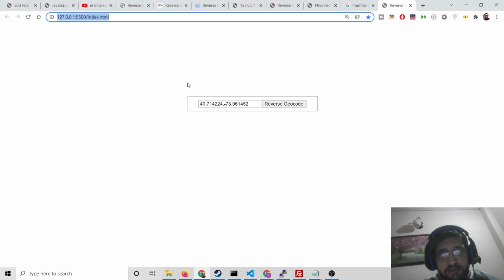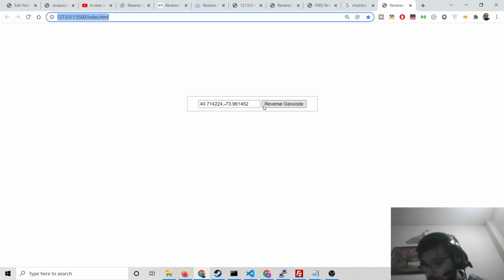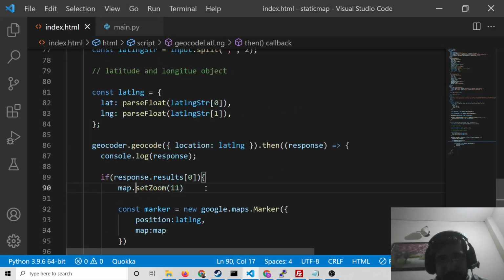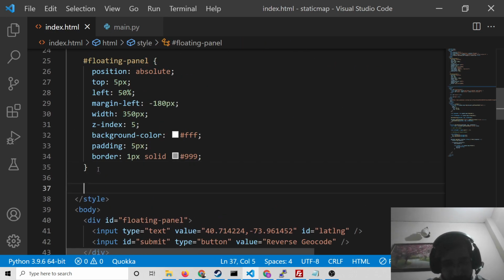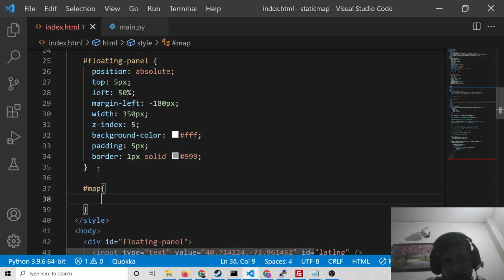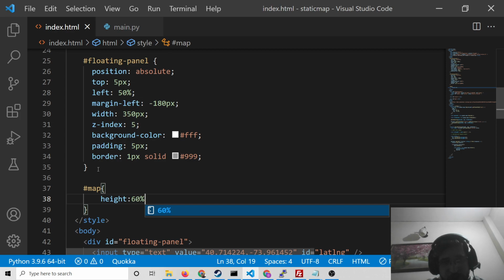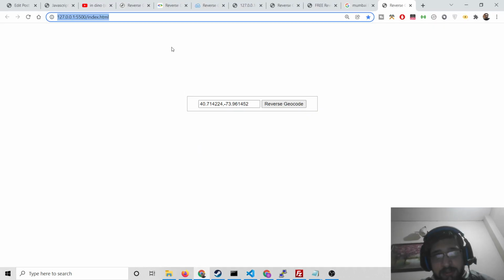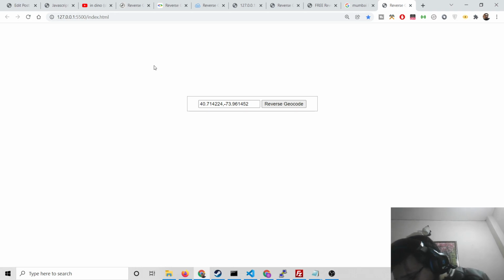Basically, now let me just see if the map is loading on the screen or not. You will see nothing is present now because we haven't written the CSS for the map element. We have given the map the ID, so we can now go to the style sheet. We can write the style here for the ID map. We can change the height of the map to, let's suppose, 60%, just to see the map on the screen. If I refresh it, you will see it is still not showing here.